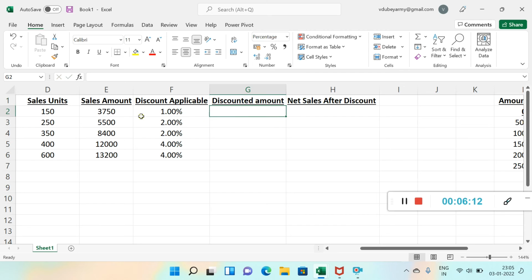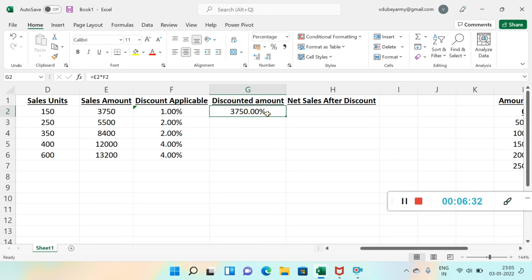So for 1%, we have to calculate the discounted amount. It is calculated by multiplying the percentage with the sales amount. So here the sales amount is this one, selecting this and multiplying with this, it will give this one.